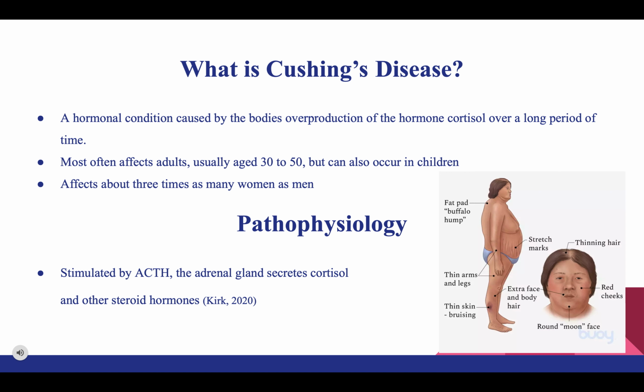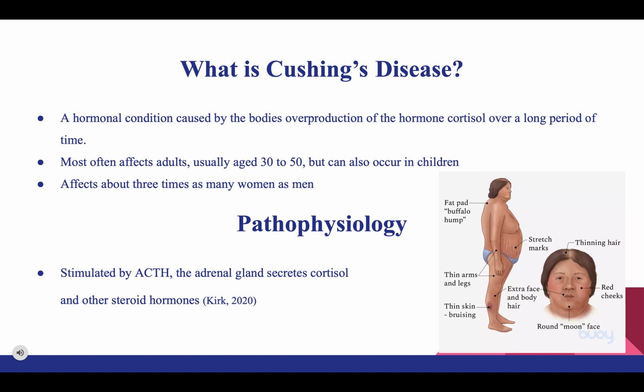What is Cushing's disease? Cushing's is a disorder that occurs when your body makes too much of the hormone cortisol, or by high dose use of the cortisol-like glucocorticoids over a long period of time. The adrenal glands are responsible for the production of cortisol. Cortisol is sometimes called the stress hormone because it helps your body respond to stress. Cortisol also helps maintain blood pressure, regulate blood glucose, reduce inflammation, and turn food you eat into energy.